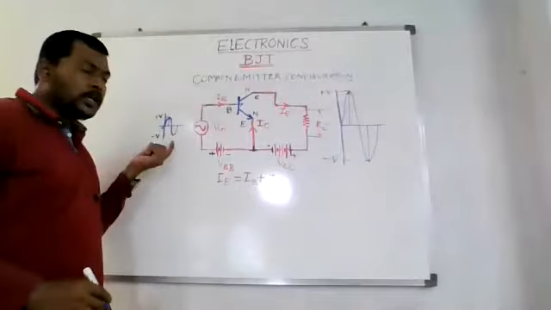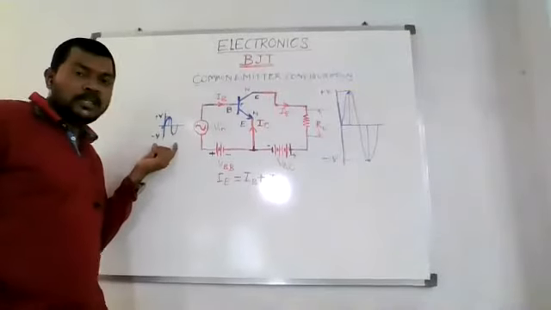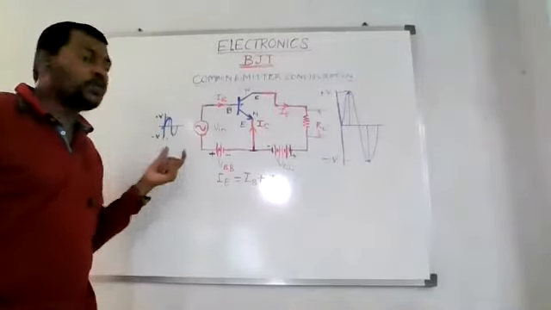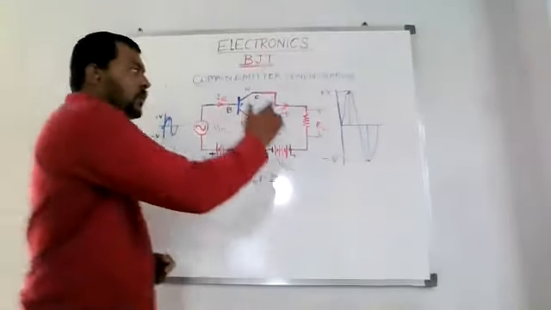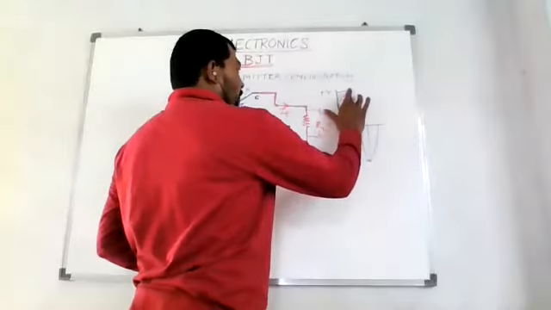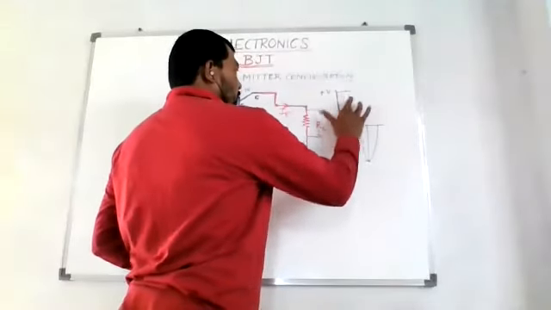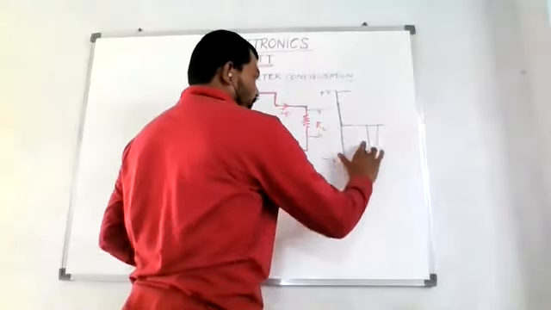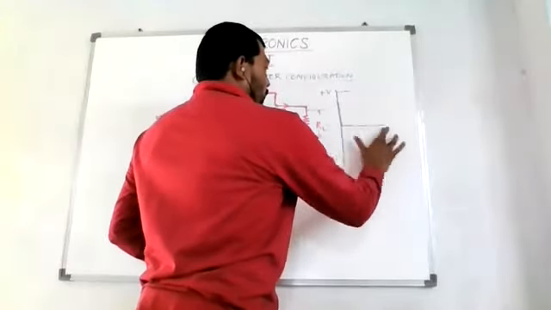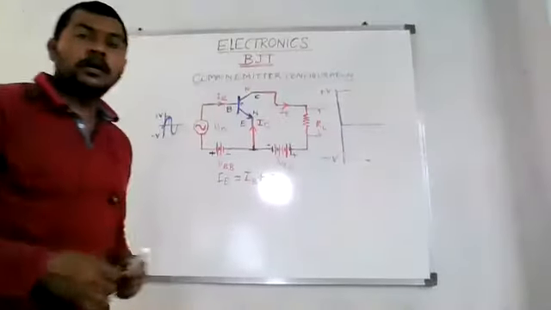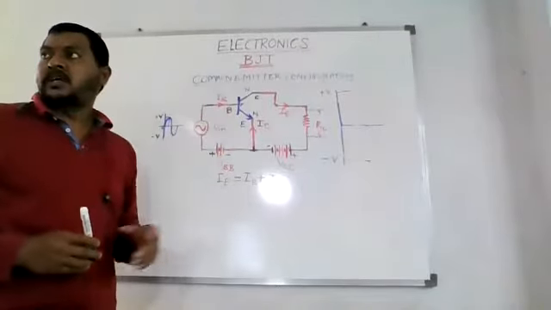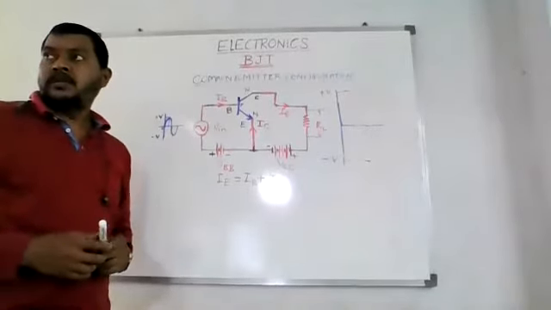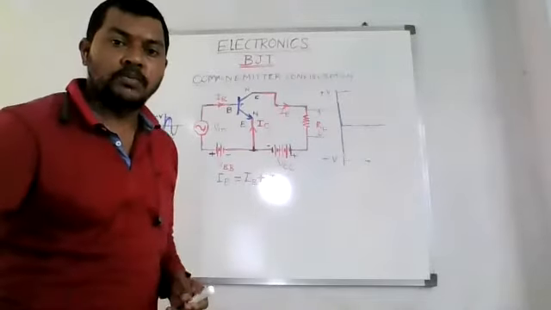What I mean is, when I give an input like this, a small signal, how it is going to amplify and give you this type of signal. Actually, it should be the reverse of it. That is what I mean to show you in this circuit. Now, how is it going to work? Just remember what the basic construction of the base, emitter, and collector junction is, right? Just hold for a moment.